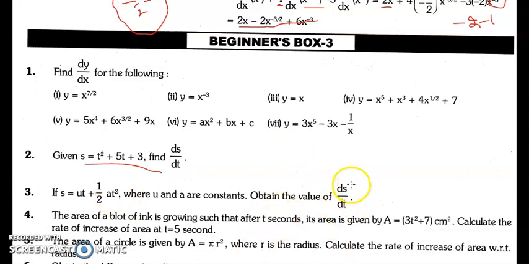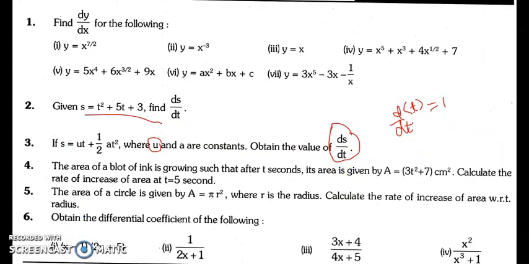And do take one care that whenever we are trying to differentiate this function s, u is the constant which has been given to us, and the derivative of t would be 1, because d by dt of t will be 1. Okay, so the derivative of ut with respect to t would be u, and in the same way you can find this thing as well. Half and a would be constants, and the derivative of t square would be 2t. Okay, so these are a few questions that you can try on your own, of course.